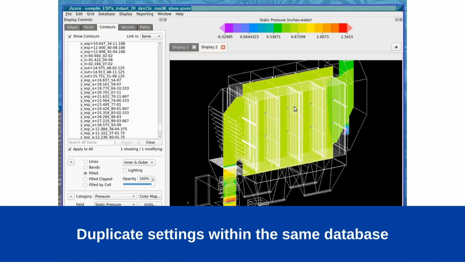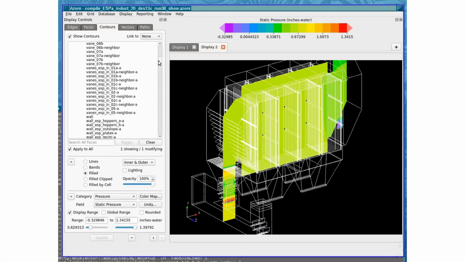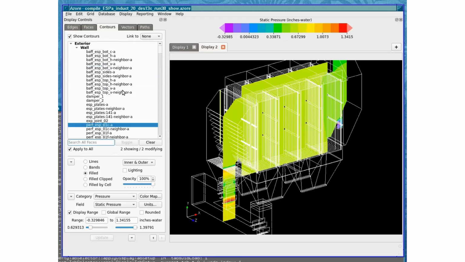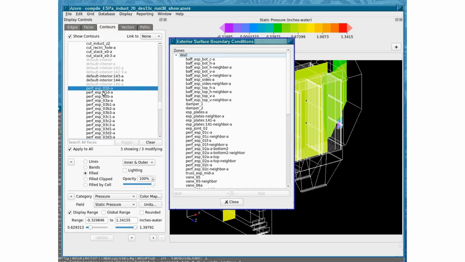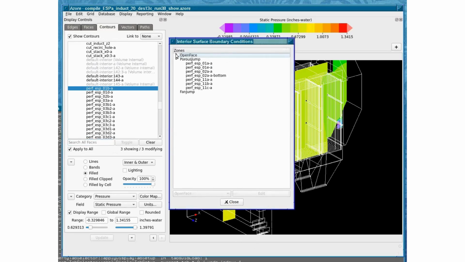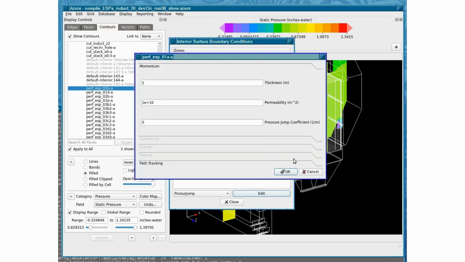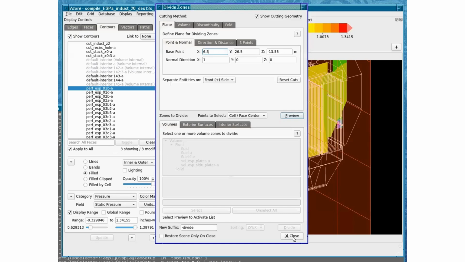A third way that I would typically use this is, say I have some boundary condition that I want to set on a bunch of items, and I don't want to have to set them individually. So say I take, where else should I go down here? One of these plates. And so you open it up, except it would be under interior. And so, I set my boundary condition here. But rather than going through and manually doing it to the other ones, I can do that with import settings,